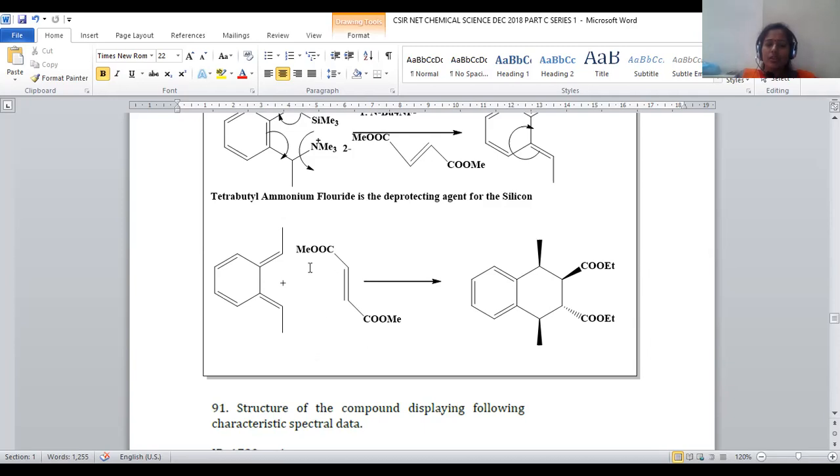And always these two methyl groups are towards the viewer, so they will reside towards the viewer only, so there is no change. The only difference is that here the two ester groups are anti with respect to each other. That means the stereochemistry is reverse to each other. So one of the ester groups should be towards the viewer, and the other ester should be away from the viewer, right? So three groups are in the same orientation. That's why three groups are indicated towards the viewer. One of the groups should be away from the viewer, right? This will be the stereochemistry of the final product.